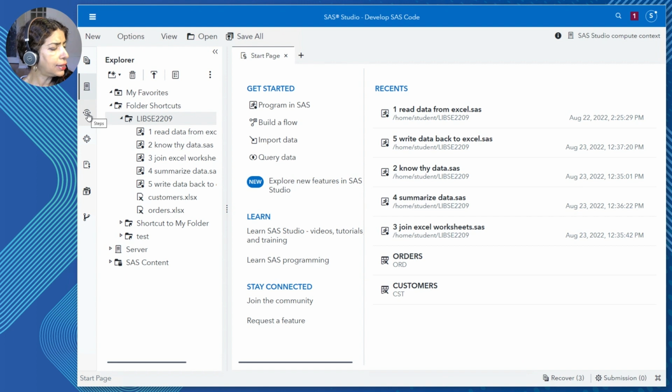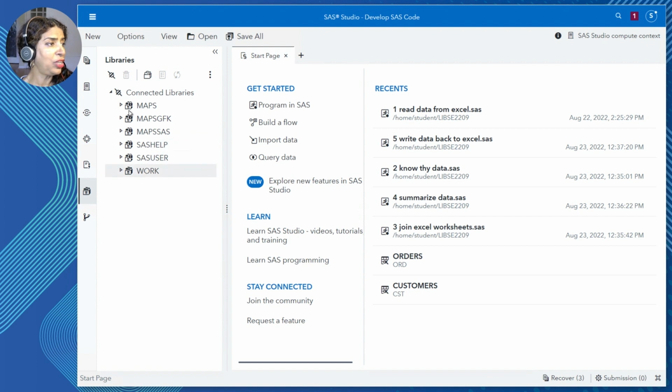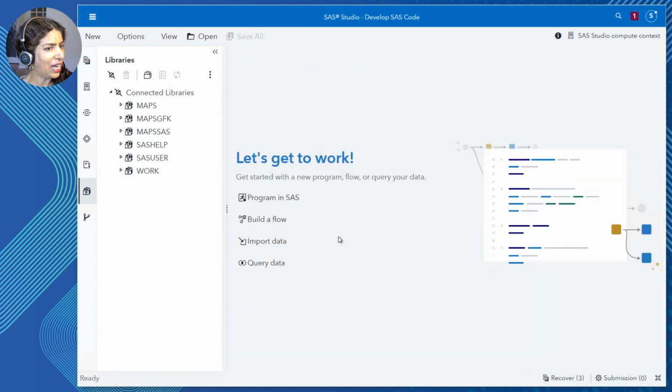And then the next is a steps icon, and then you have tasks, snippets, or we'll head over to the libraries icon. This is something you would be familiar with as a SAS programmer. It's got the standard SAS libraries, and we'll be building our own. That's as far as the left side of my screen goes. In the center of the screen are options for those who might need some hand-holding if you're just starting out with SAS Studio. I'll close that up. I'll be doing the hand-holding for you, so we don't need that.